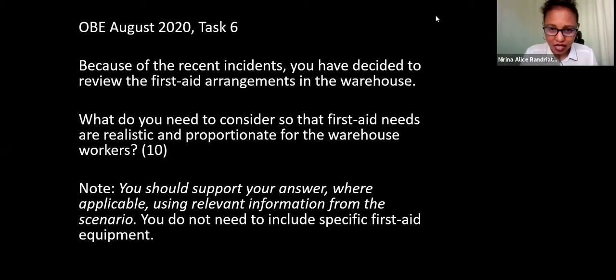Okay, so you look at the question and you see the topic is about first aid. You check your manual on the first aid page, or you do some research. And if you look at the manual, there is a section that says what are the things to consider when making arrangements for first aid. You can also do a quick research online. You might see an answer for that.